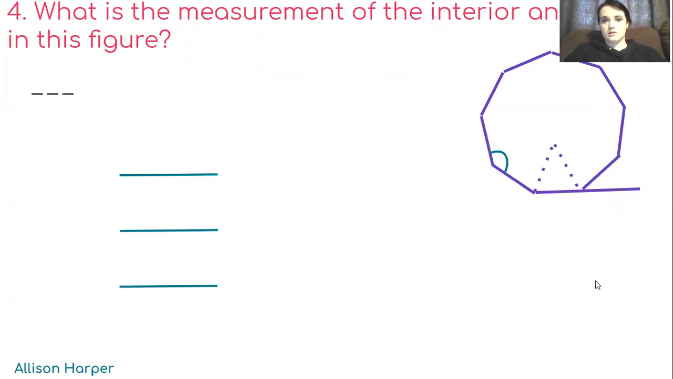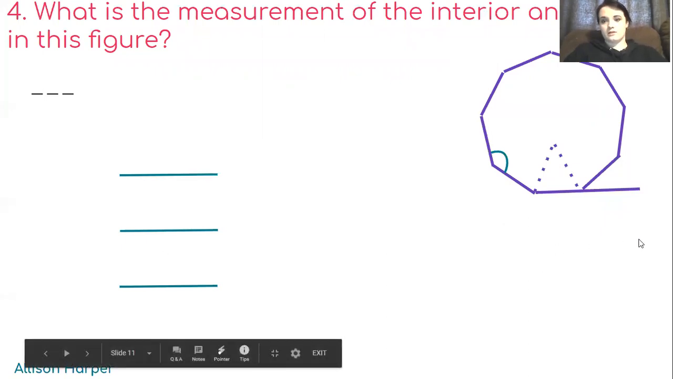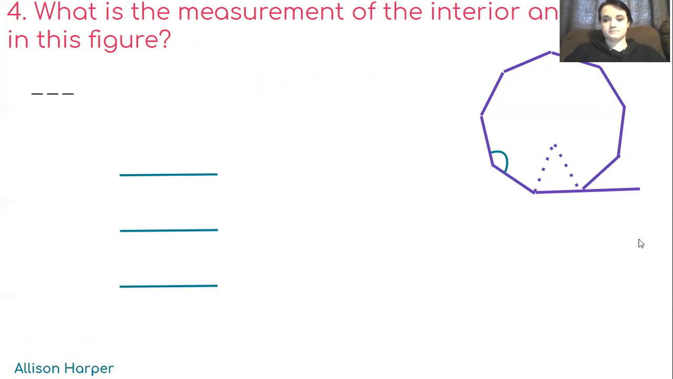So Allison, what is the measurement of the interior angle in this figure? Okay, so our equation for interior angles